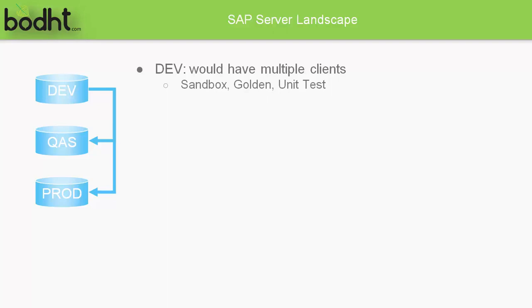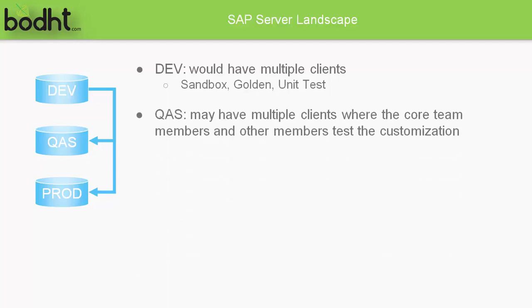And then the data is going to be copied onto Unit Test. There are certain methods with which the basis consultant is going to take these Golden client configurations to Unit Test, and in the Unit Test client they would be doing the testing. Most probably it would be testing within the module, not integrated to other modules. If you are trying to implement, let's say, a particular module like document management, you would be testing within the module whether everything is working fine.